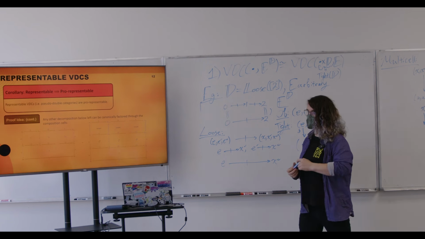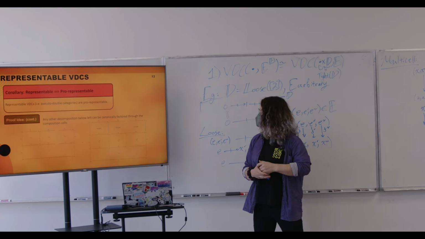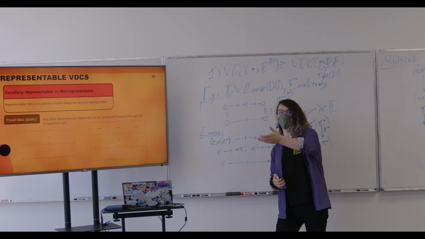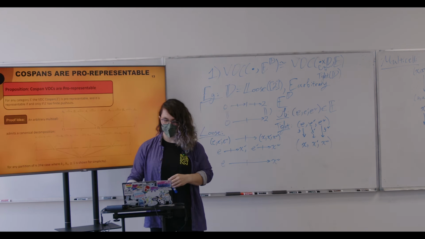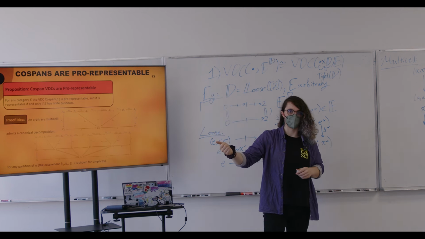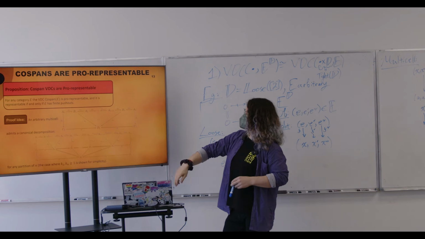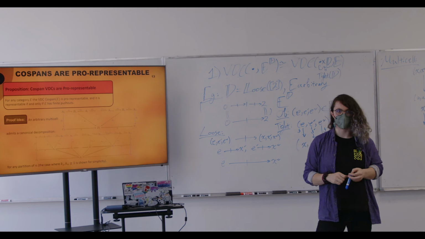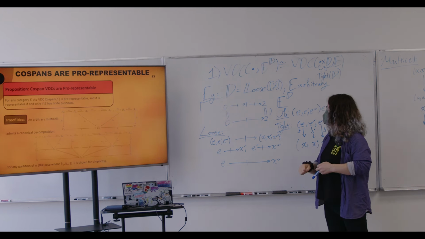Okay, sweet. So that's the first example, but then you might be wondering, are there any examples that are pro-representable but aren't representable? And we actually have a nice family of examples I hinted at earlier: for any category, the associated virtual double category of cospans is pro-representable, and it's only representable if it has all finite pushouts. So even without assuming any colimit assumptions, we always get pro-representability, which is really nice.